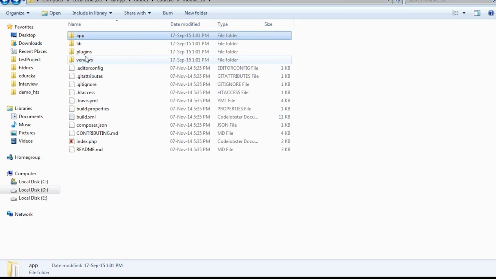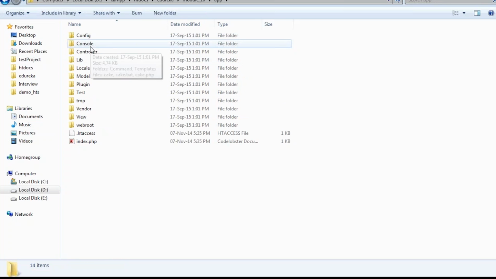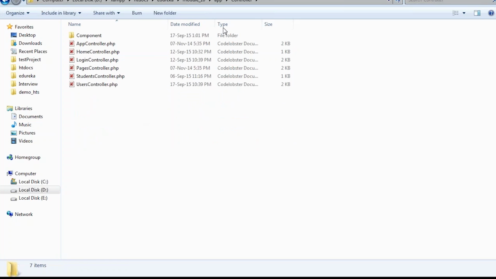So you are not restricted to use only the CakePHP core library. You can use any third-party library. You can keep that in vendors or plugins and use it as per your requirement. And moreover, if there is some library that is going to support your controller, so inside app controller there is